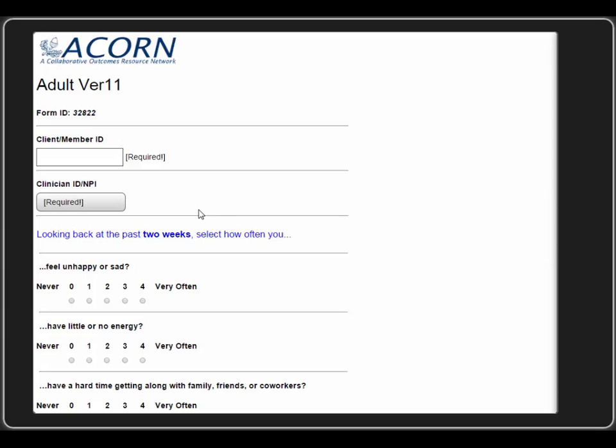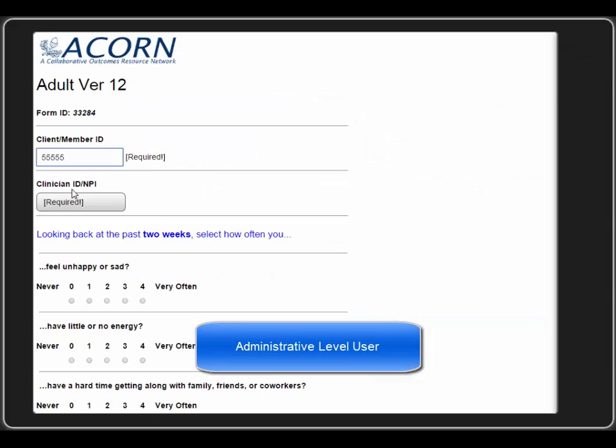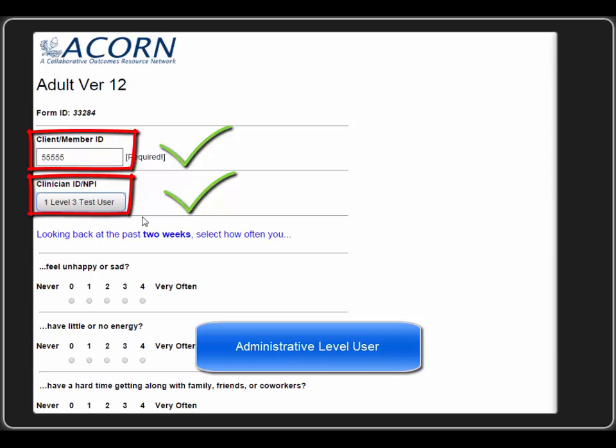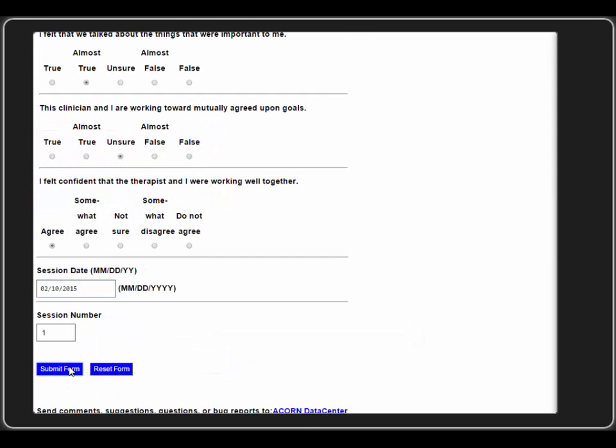If you opted to leave Clinician ID or Client ID blank, they will need to be filled in every time here. If you set the Clinician ID to All on the prior page, you'll see that there is a drop-down menu that allows you to select from available clinician IDs. You'll want to make sure that the client and clinician IDs are correct before letting the client fill out his or her responses. That way, they can simply press the Submit Form button once they are done filling out the